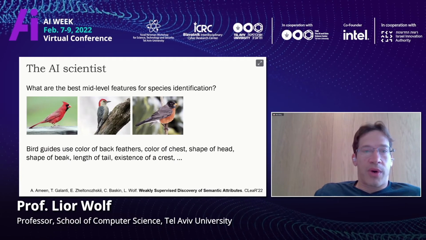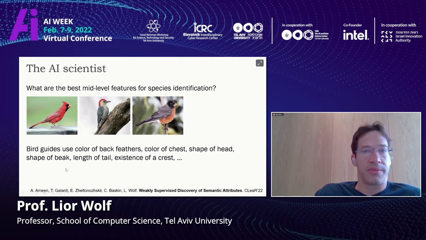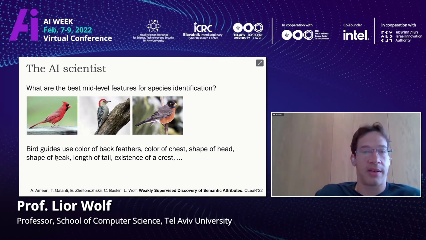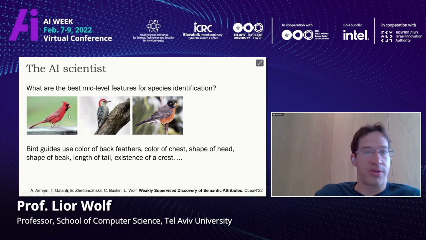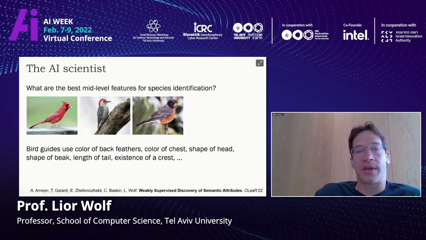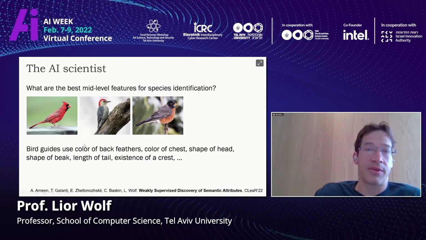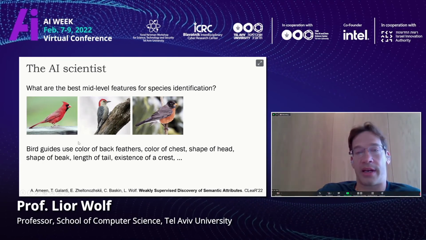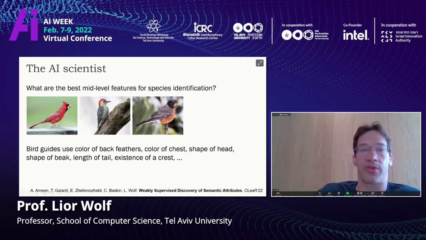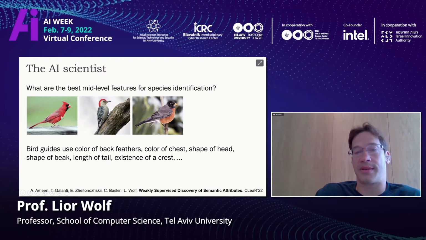And let me just share one more result that we got. This is a collaboration with the Technion that looks at classification and tries to think like a scientist. Let's say you go to a scientist, a zoologist in this case, and ask them, what is this image? And you get the bird species. And then you ask them, why do you say that this is this specific species? Well, they can either say, well, I'm the expert, and you should believe me, this is the AI method, the black box method. Or they can say, well, it has this crest, the shape of the beak is pointed, the tail is long, the chest is red, and so on.